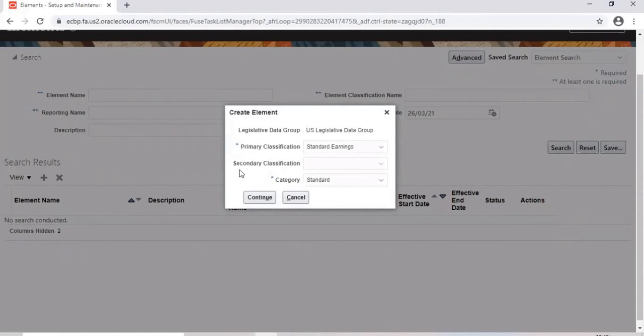Once you define those things, certain elements are automatically generated and will be processed automatically. You don't have to worry about the calculations, because US is a delivered legislation. If it is a delivered legislation, the corresponding legislative tax elements, calculations, formulas, everything are predefined.